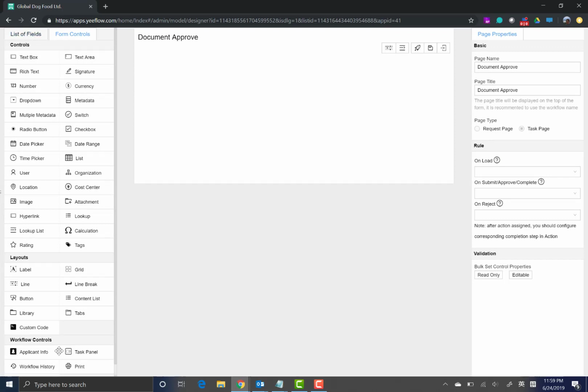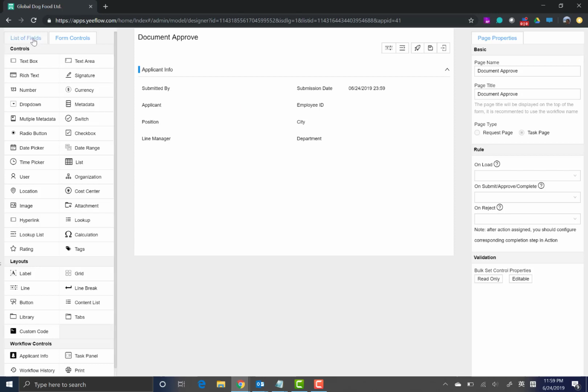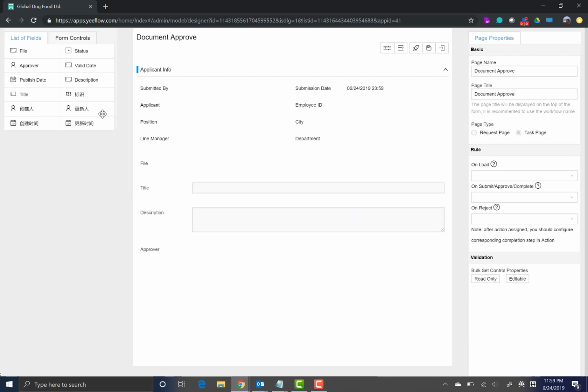Firstly, go to the applicant information, and we can select some of the list fields. Select the file, the title, approver, description,